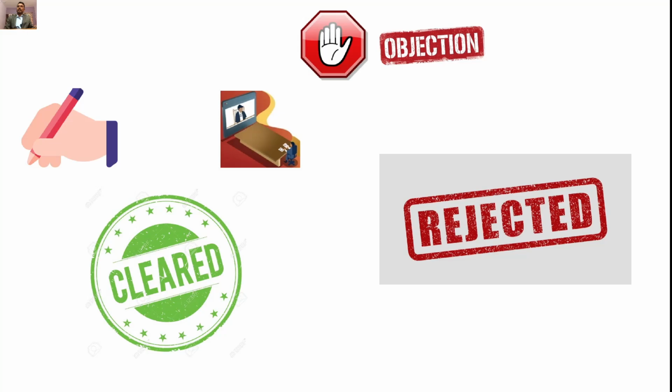So basically there are two types of opposition. Pre-grant opposition is carried out as soon as the patent is published in the official journal, and post-grant opposition is carried out after the grant of your patent, up to 1 year. We'll take care of all these oppositions separately later on.